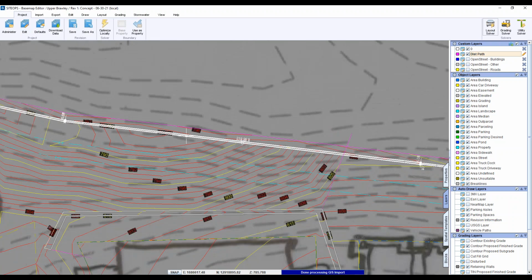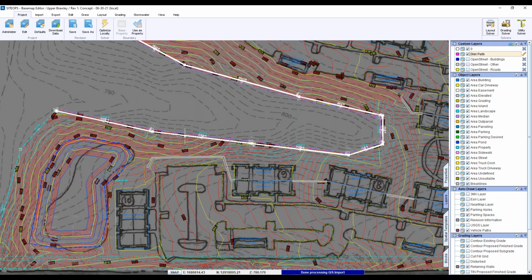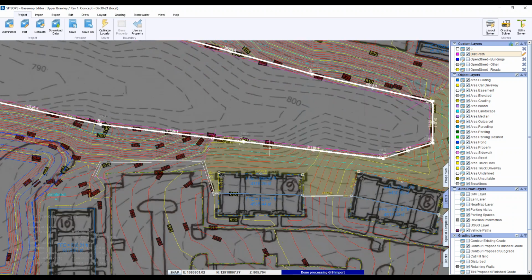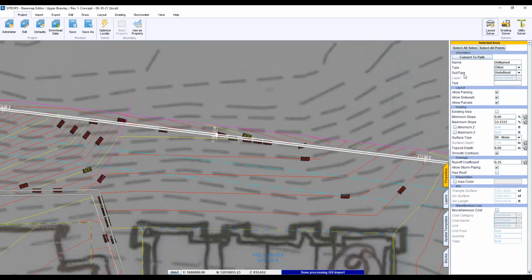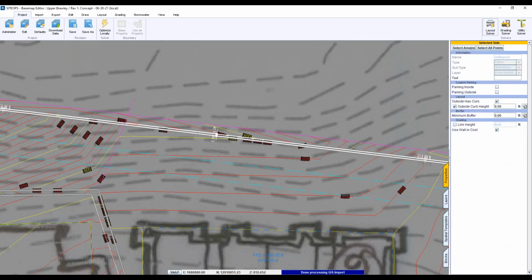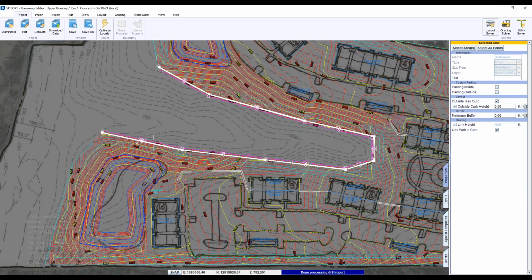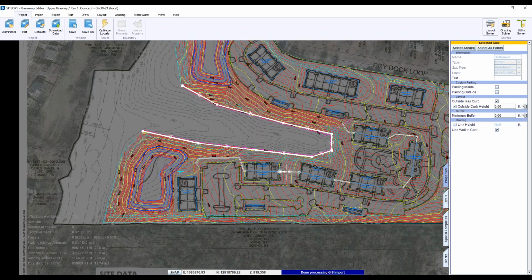So in this case, I did an offset on my boundary over here and created an area. And look at the properties, select all sides. So all of that's delinked. So that allows for a retaining wall, because site ops, you got to give it a retaining wall to build off of, and then it will decide whether it needs it or not.